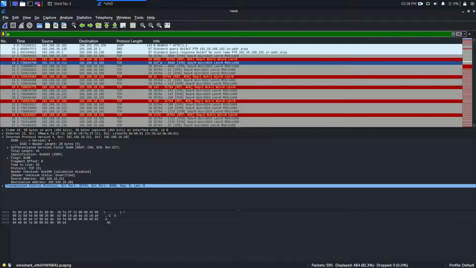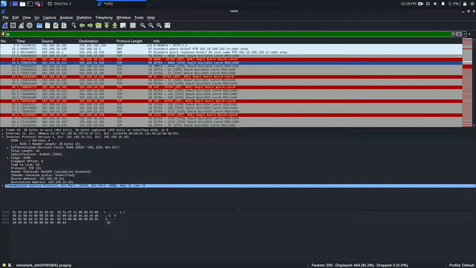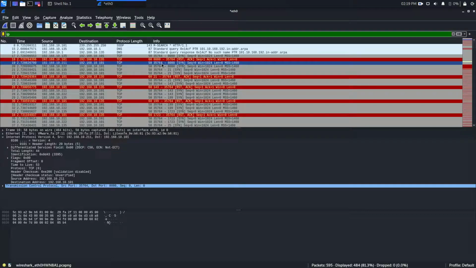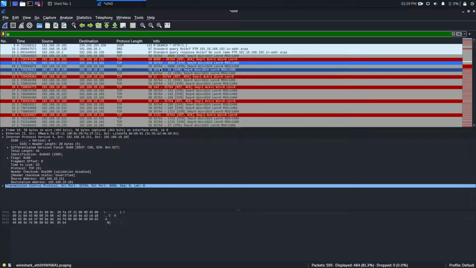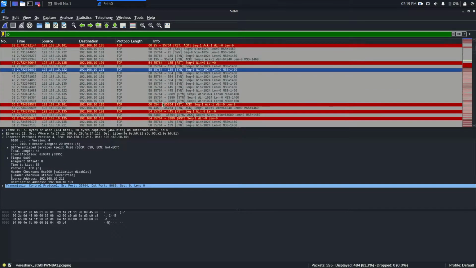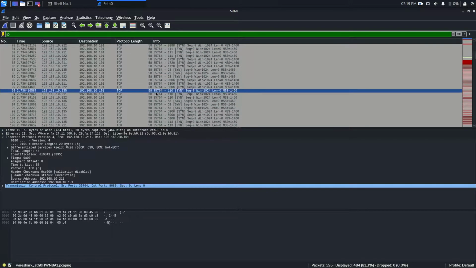It means we are scanning this target port 8080 having my own source port number 35764. You can see 35764 again and again, and all these packets I'm sending with the same source port.